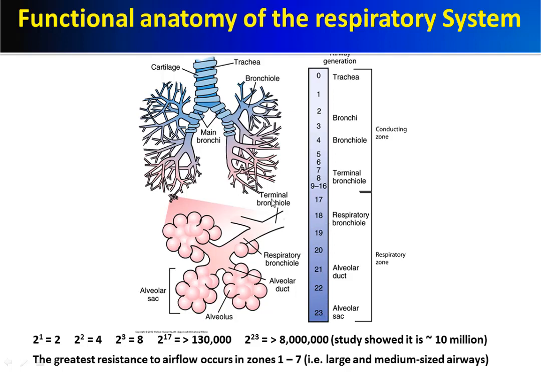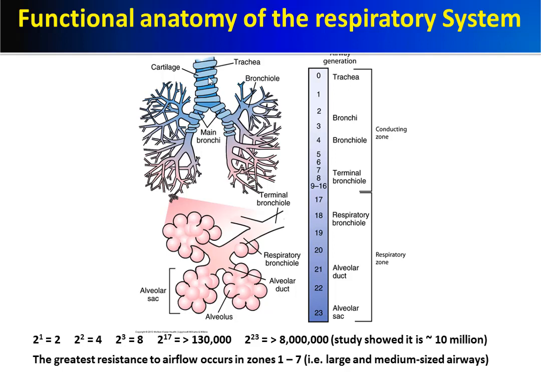So these are the terminal bronchioles here. At level 16, there are no alveoli. Alveoli start to appear in the respiratory bronchioles at level 17, and they keep on. These are the alveolar sacs, and these are the alveoli. Now, air, as it flows along the respiratory passages or the airways, meets resistance.